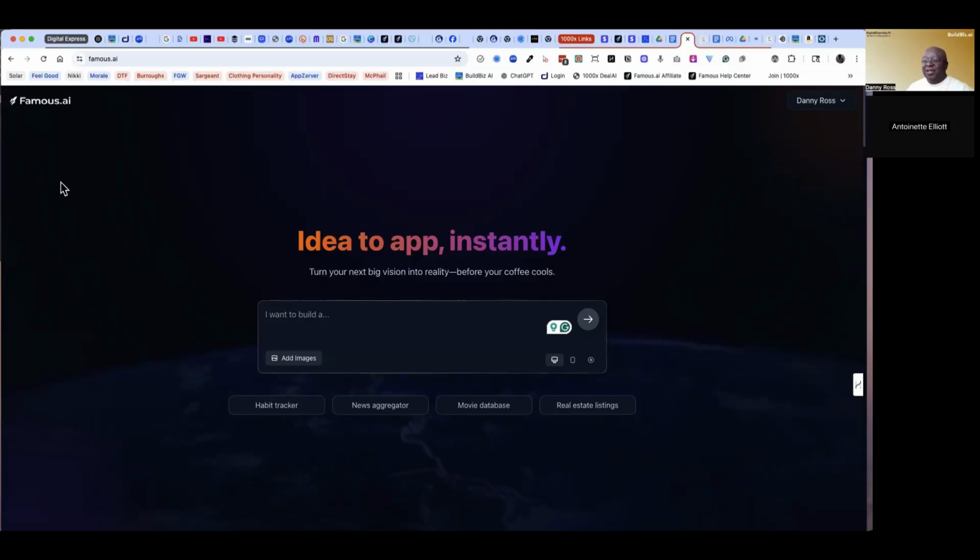You can either use it yourself to provide services for other customers, or you can white label it and offer it to other people. They can then utilize it and even resell it themselves. It's a full-fledged AI agency in that sense. Famous now is an app building platform where you can build any app that comes to your imagination. If you can think of an app that would benefit your business, you can build it in Famous. It just makes it easier to get that type of thing up and running. To answer the question, Famous is where you can come and build any style app that you can imagine.